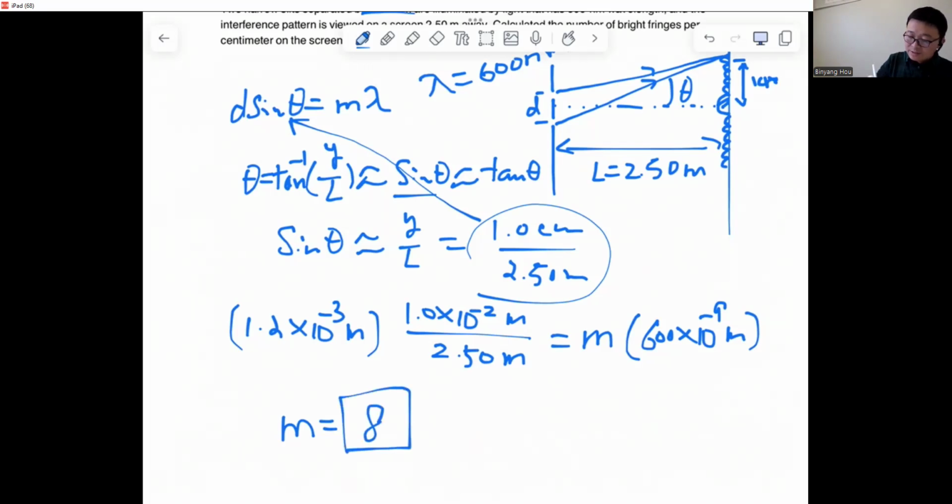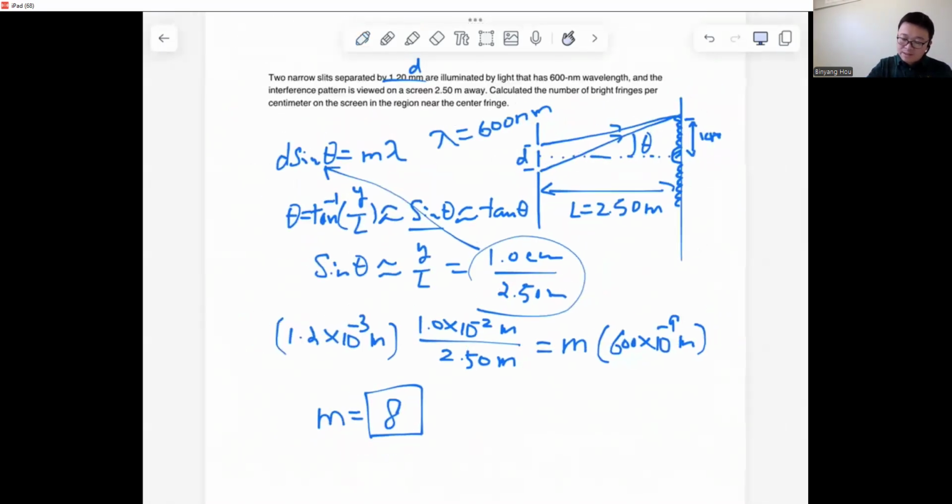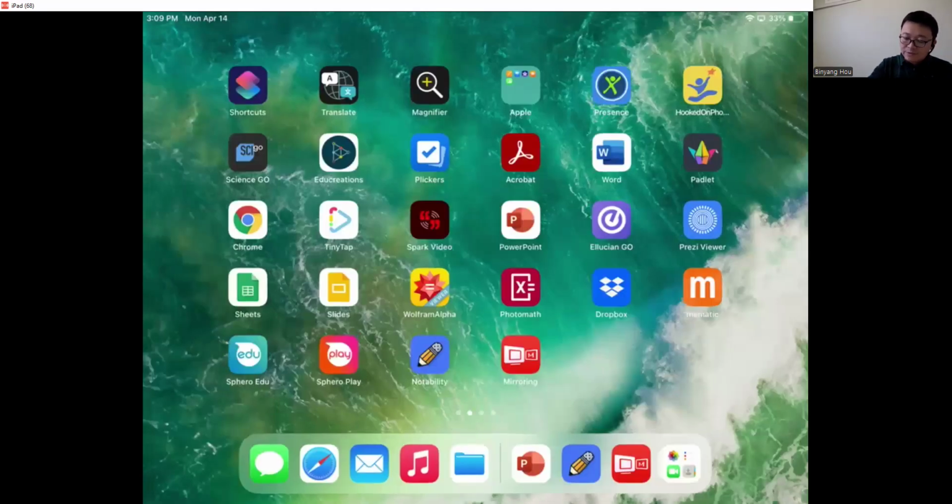So that means within this 1 centimeter range, you can actually find a maximum, okay, because it covers up to the eighth interference maximum, okay. All right, so that's on this guy here. And if we go back,